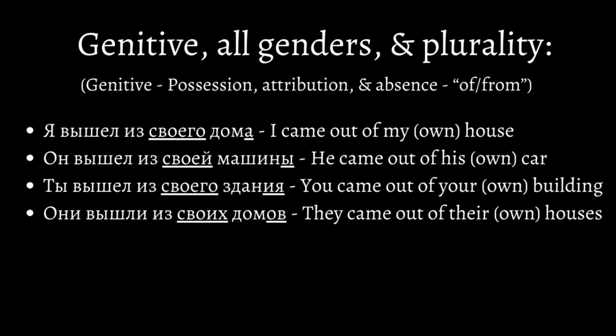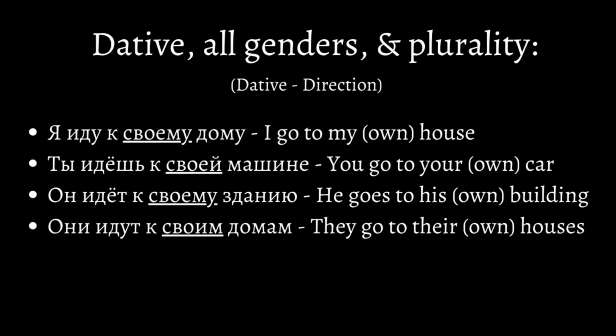The nouns also have to change to fit the genitive. But in this case, I'm using more advanced concepts like вышел and вышли, which are conjugated verbs from the perfective past. In this context, they make more sense, and we can tell they're perfective because of the prefixes at the beginning of the verbs.